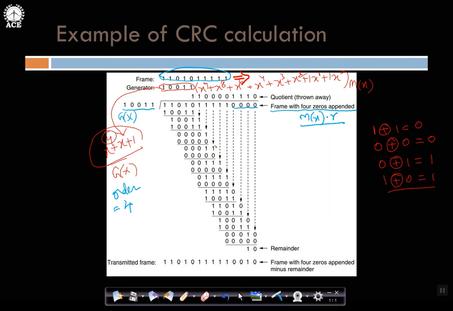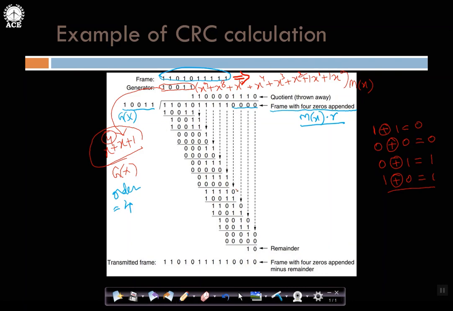I take the next bit, carry forward 1. Again this value is lesser than this, so this goes 0 time. So I will get the result like 1, 1. Then I take the next carry forward. This becomes 1, 1, 1, and this 0, 0. Again this value is greater than this, so this goes 0 time. So the result will become 1, 1, 1, 1.